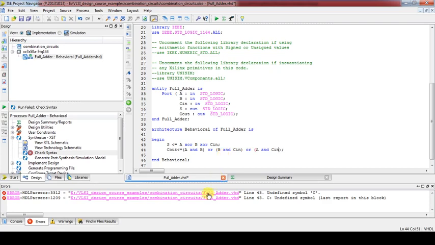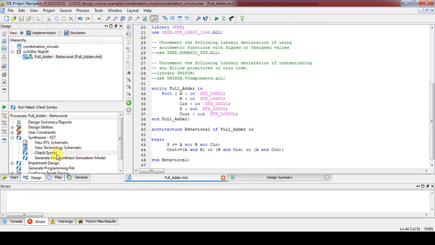Like this, if errors come in our HDL design, the tool itself will tell us undefined symbol C. We have not defined C, but here we have used it. So we have corrected it, save it, check syntax. Okay, now it is corrected.